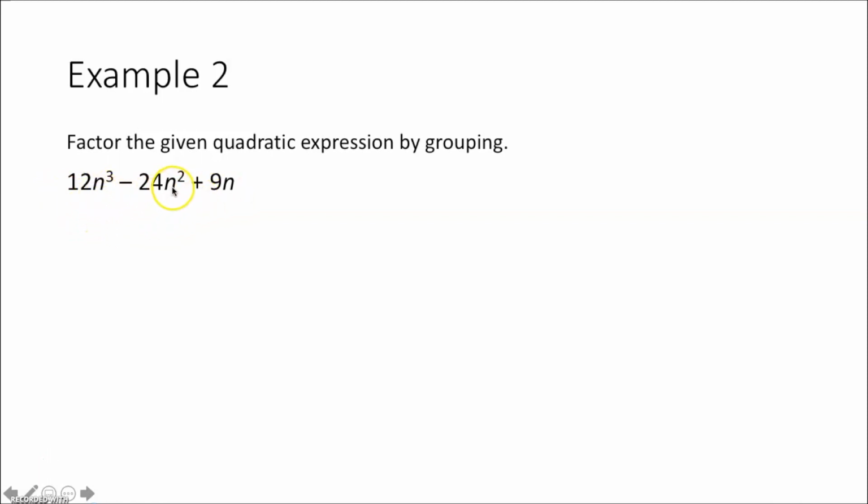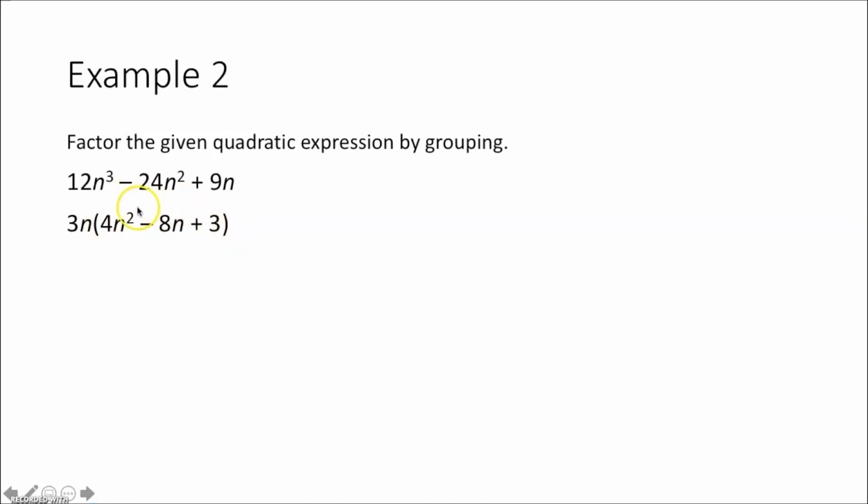So each of these terms has an n we can take out, and it looks like each of these coefficients is divisible by 3. So we can actually factor out a 3n in the beginning. So we're going to take 3n, put it on the outside of a set of parentheses, and on the inside we put what each of these terms is divided by 3n. Sweet! Now what we can do is take what we have in here, 4n squared minus 8n plus 3, and